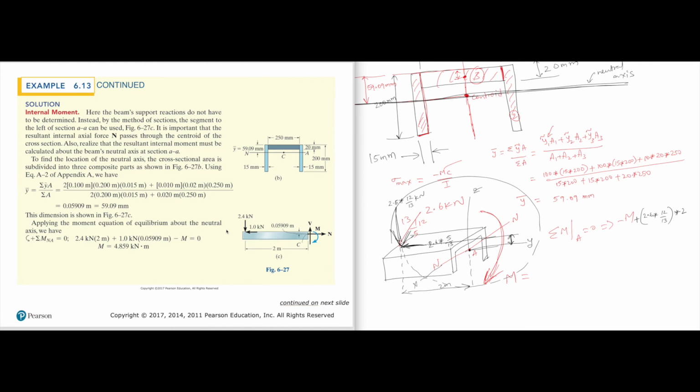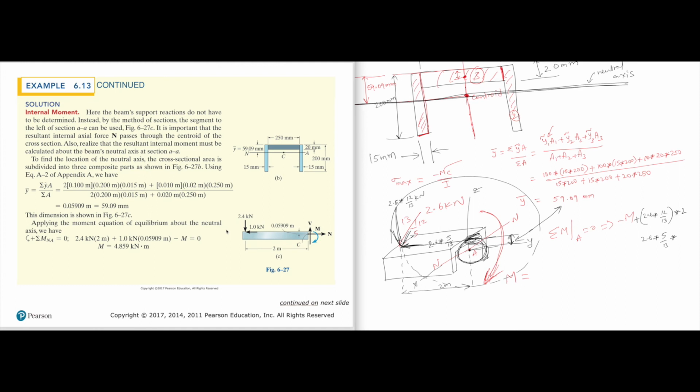Isn't this distance 59 mm? That's exactly what we just found out, right? That means in addition to this, we have to write, and by the way, this gives a moment like that, which is counterclockwise again. That means we get 2.6 times 5 over 13